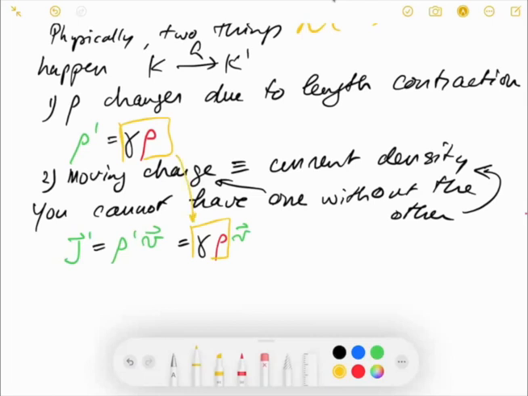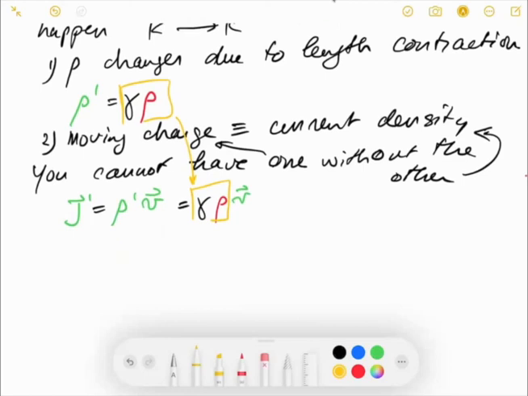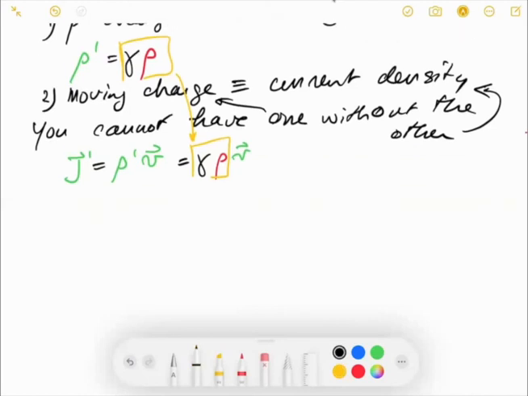Okay, so we are now able to describe that current density in the primed coordinate system as something coming from the original charge density in the co-moving frame. Now, remember that when we have a Lorentz transform,